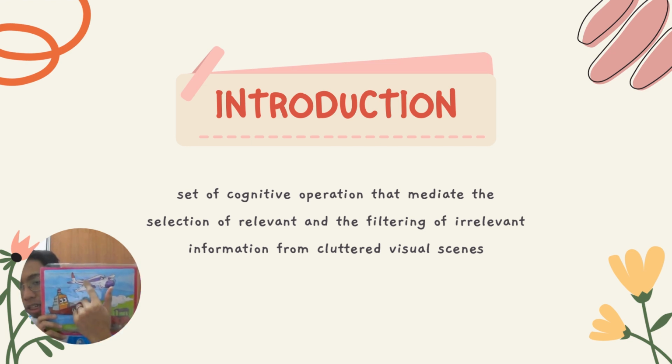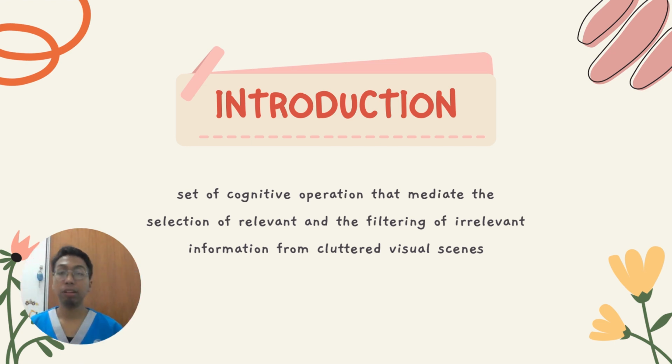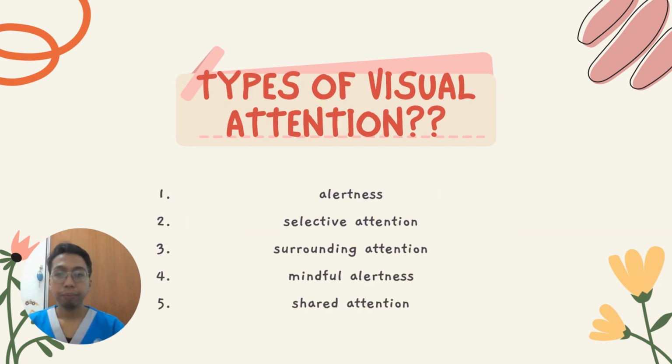So when you focus on here, you don't literally see this or this everywhere. You literally put your attention 100% on the aeroplane. So that's an example of visual attention lah. As you can see, we just want that one specific information despite banyak betul information in just one big picture. So there are five types of visual attention, which are alertness, selective attention, surrounding attention, mindful alertness, and shared